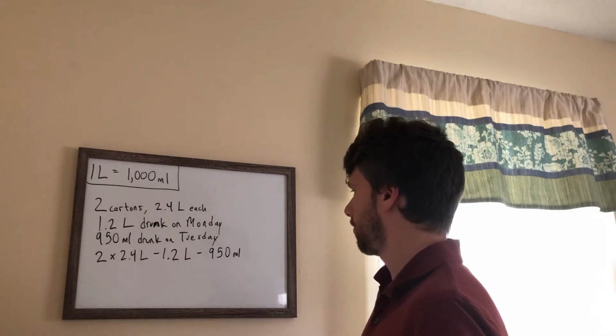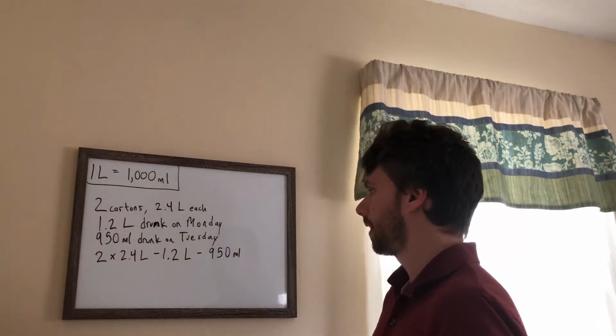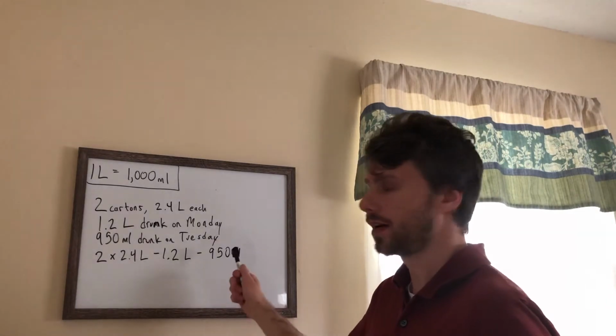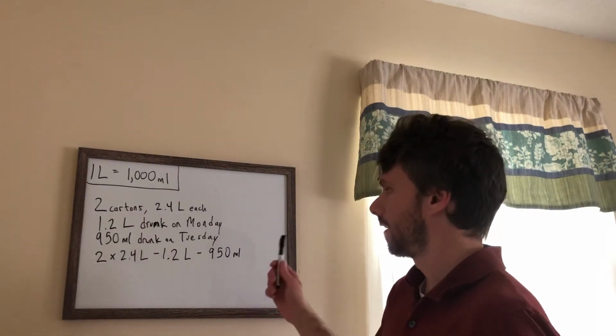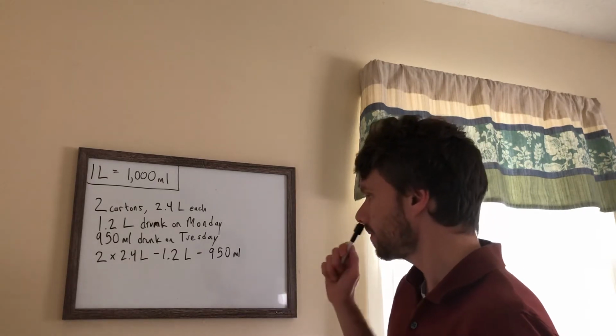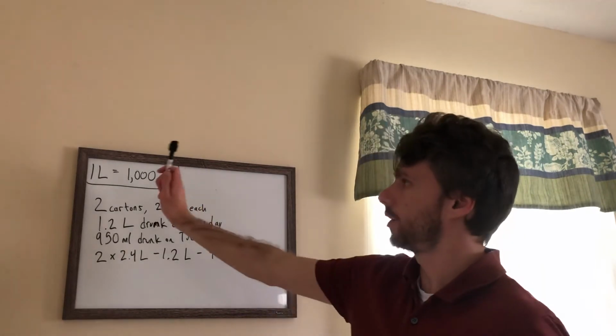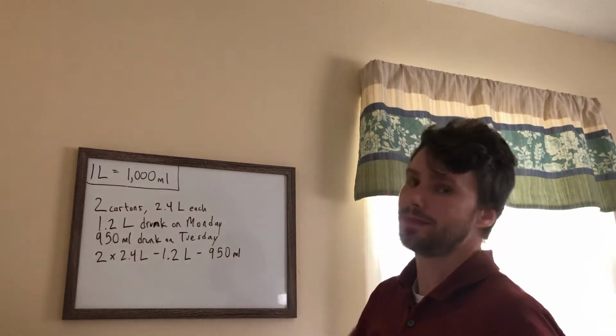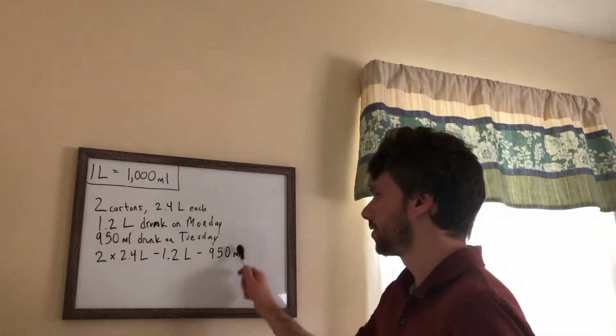That is what we're going to do. Before we do that, we need to get all of these to be the same measurement, or the same capacity. What we're going to have to do is use our conversion factor here, 1 liter equals 1,000 milliliters, to turn all of these into the same